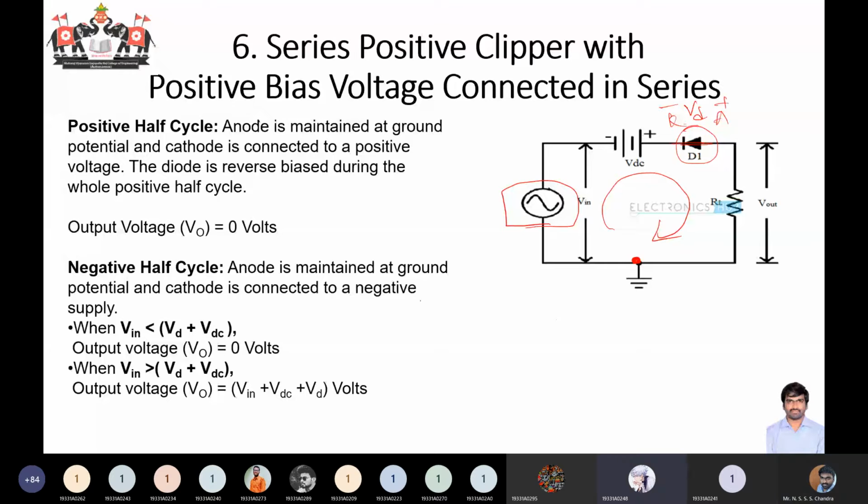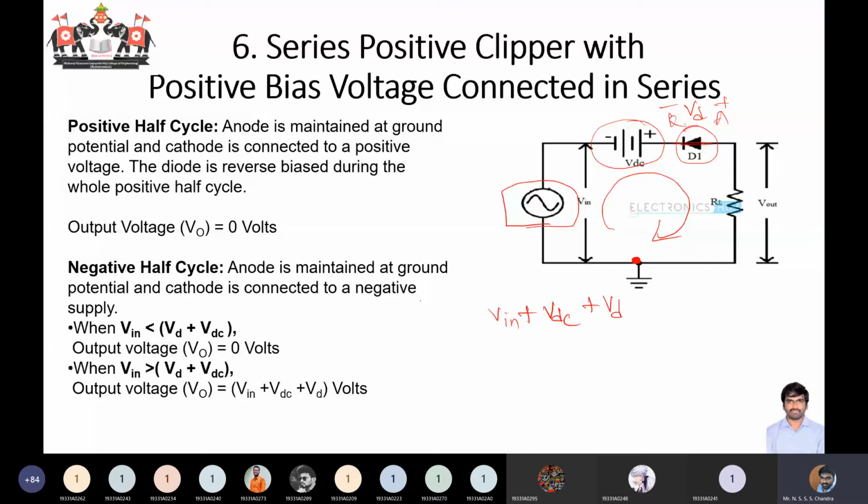AC voltage source, V naught. So for the battery, we are moving from the negative terminal to the positive terminal, so V in, then plus the battery voltage, VDC. And then again moving from the negative terminal to the positive terminal across the diode, so it is plus VD, and then you have V naught over here. Minus V naught equal to 0.